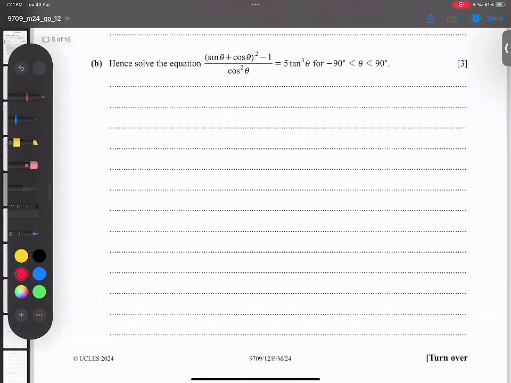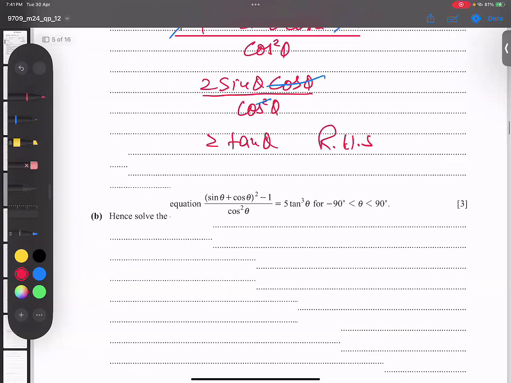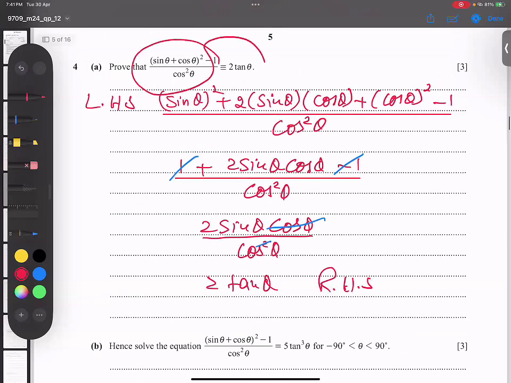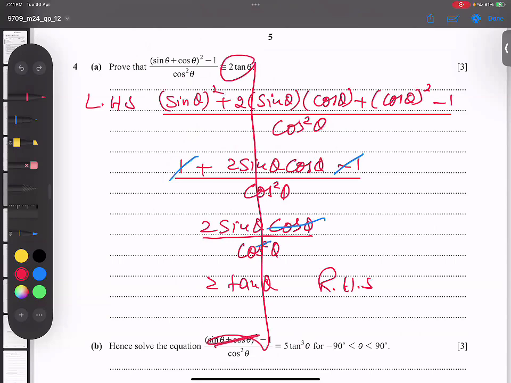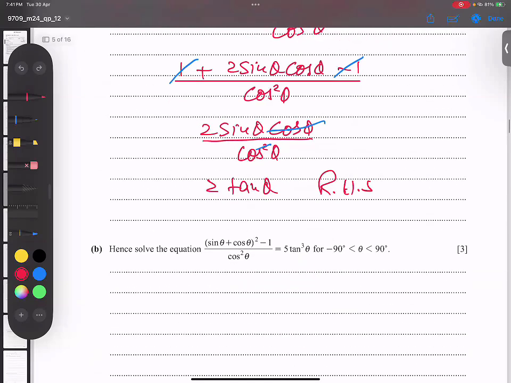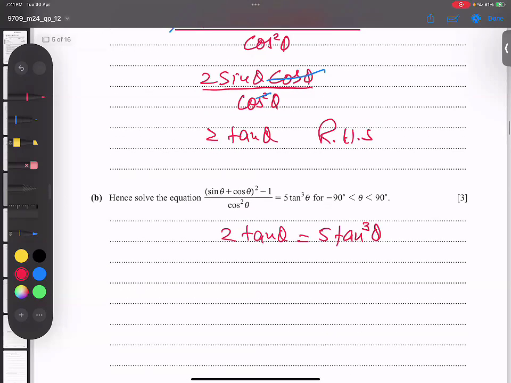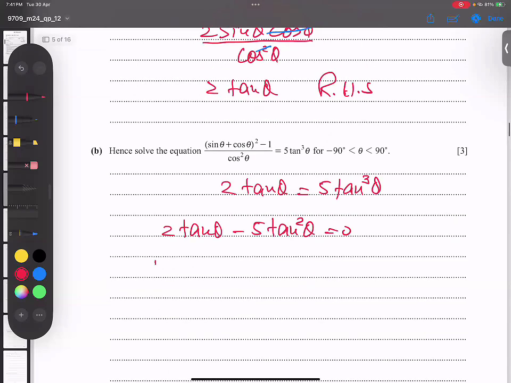And let's go to the B part. He's saying here, because you know, students, we know this left hand side is equal to that, and this is fully matching with that. So this 2 tan will come in the left hand side place. So 2 tan theta, I am writing here. So students, what is the technique? I bring it here. So 2 tan theta minus 5 tan cube theta is equal to 0. What is common? Tan theta is common. I get in the bracket 2 minus 5 tan